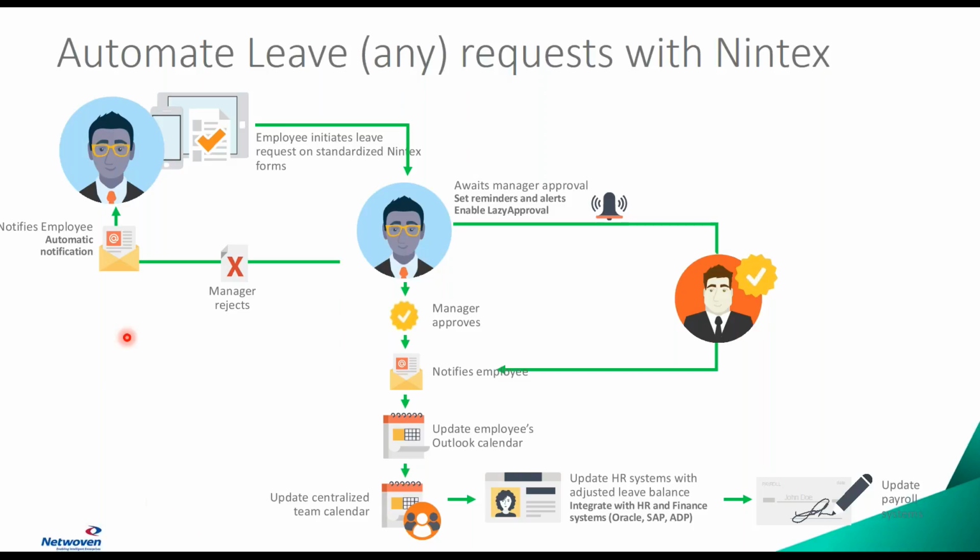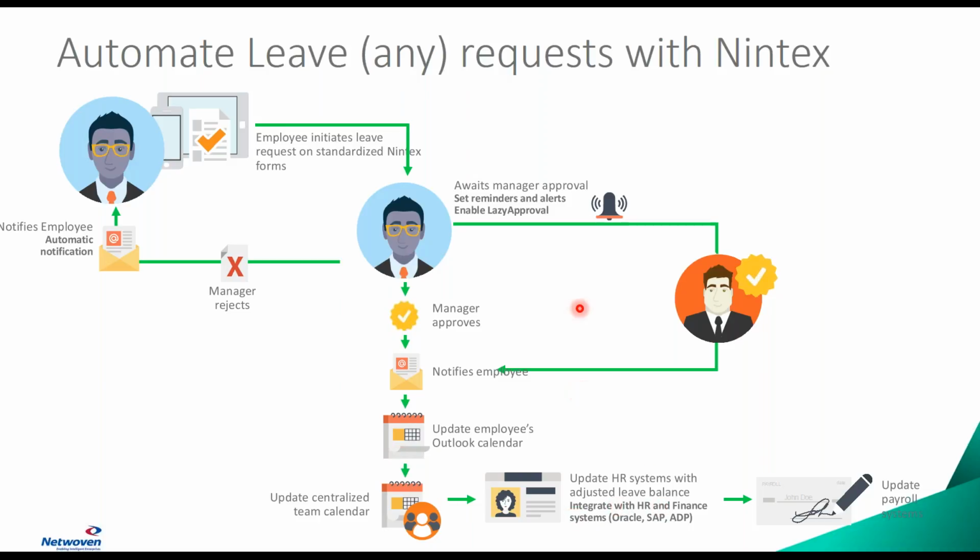So what we're going to do today in this demonstration is we have a SharePoint site, and what we want to be able to do is give our employees a way of saying when they're going to take time off. That time off, once they submit it in through the form, will actually go to a manager, and the manager can either reject it, like you see in this one branch on the left right here, or the manager approves it, and then we notify the employee that that's been approved. We can update the calendar or even a team calendar, and then we can integrate to the back end.